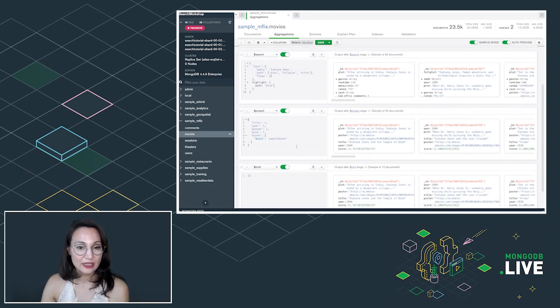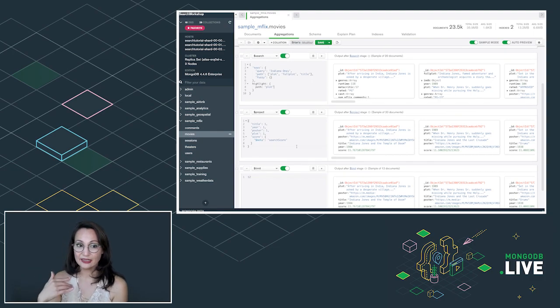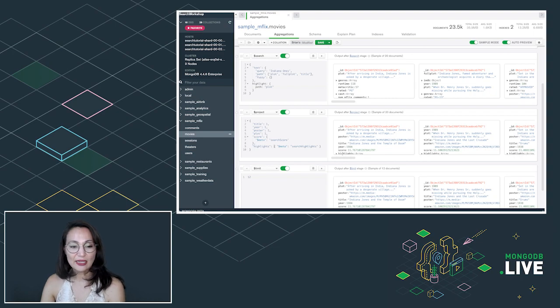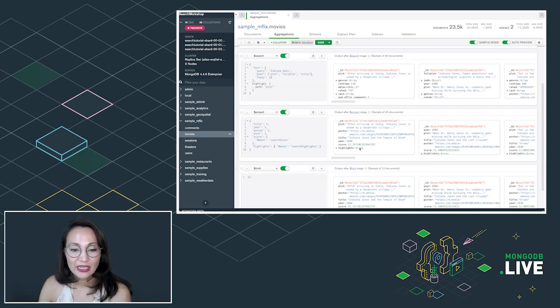Now, in addition to letting it calculate it, I need it projected out to me. So just as Brian used the meta operator inside of project to surface the metadata for the score, I'm going to do the same thing to surface the metadata for highlights. So highlights, meta, searchHighlights. Now, if we look inside our highlights array,